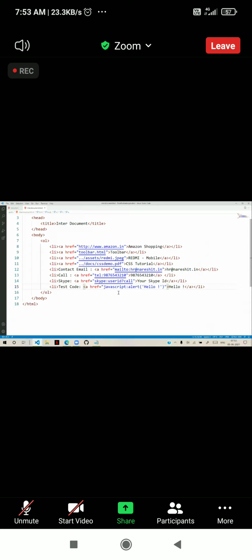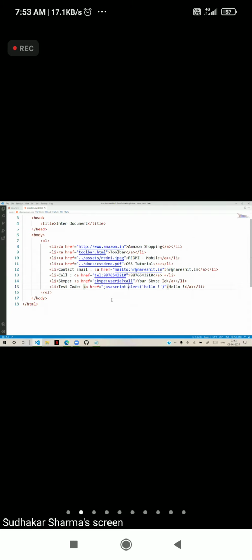One problem is that the browser is not capable of showing every type of document. Some types of documents are very complex, and it cannot show and play them. Suppose you have a video, an audio, a Word document, an Excel document, or a PowerPoint document. Such complex documents, and even sometimes a PDF document, cannot be opened.